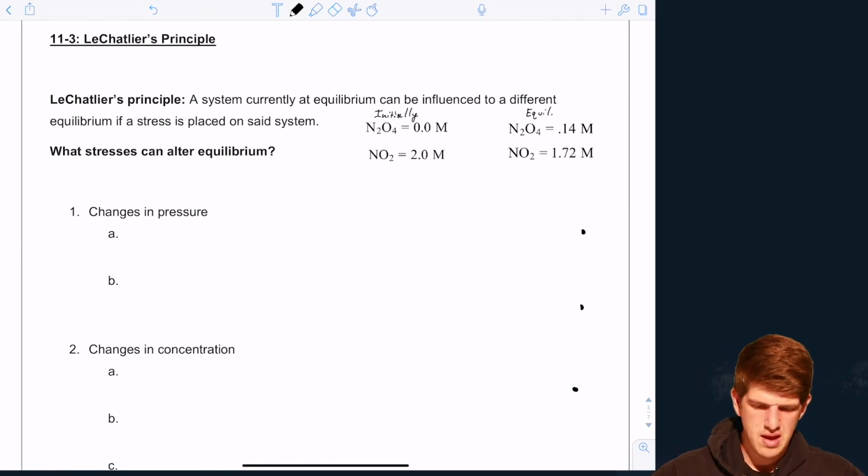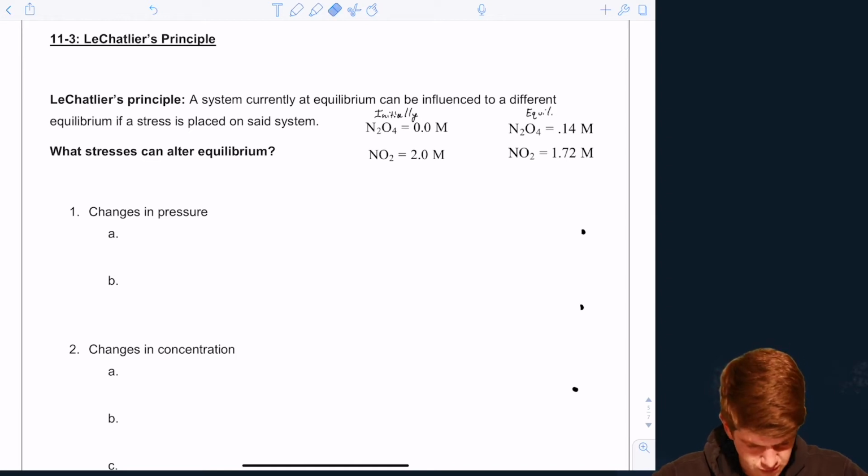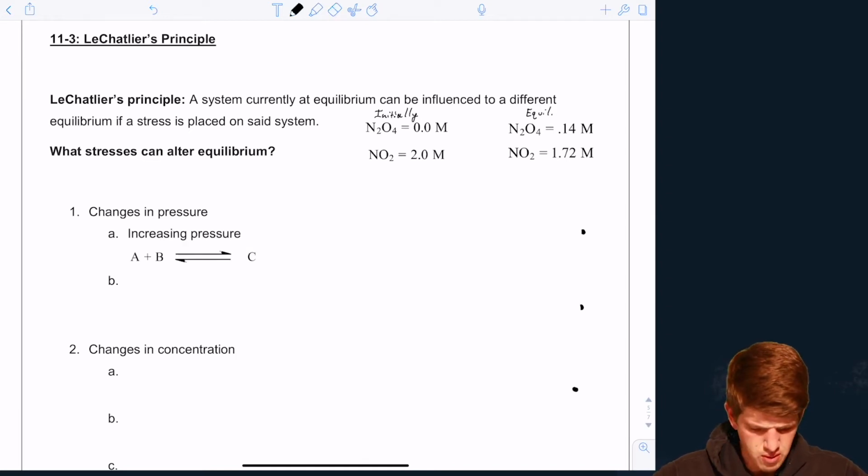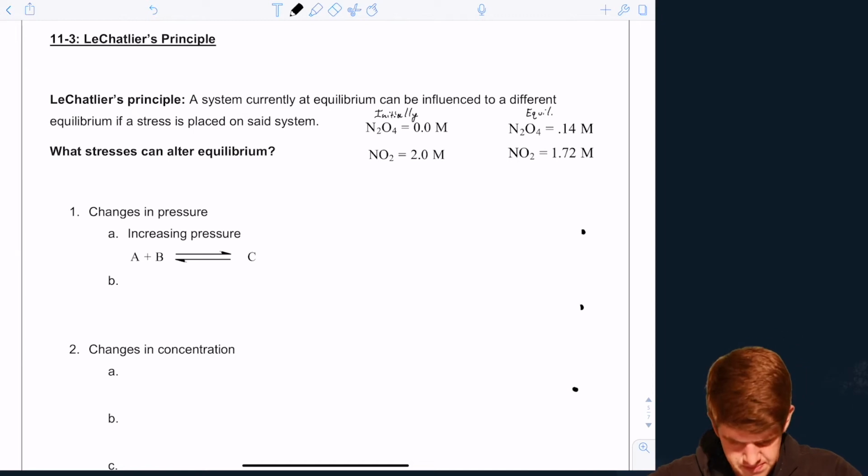So what that all means is there are 3 ways to change it. Let's see what happens when we change any of those 3 variables. The first one is pressure. And for pressure, what happens if we increase it? Well,